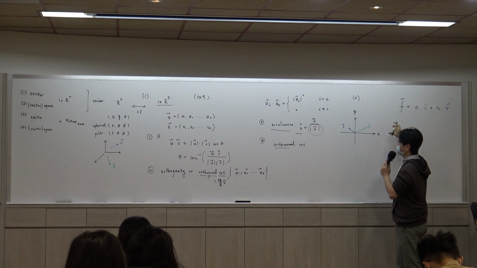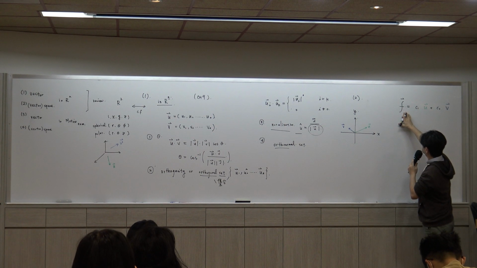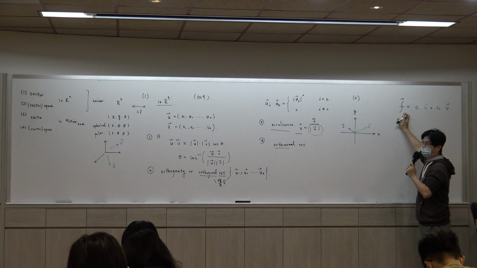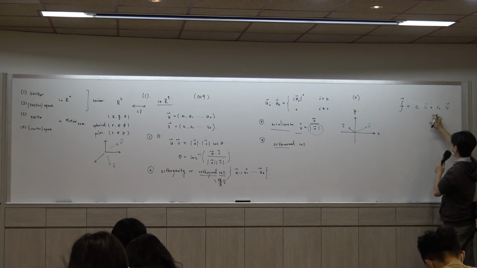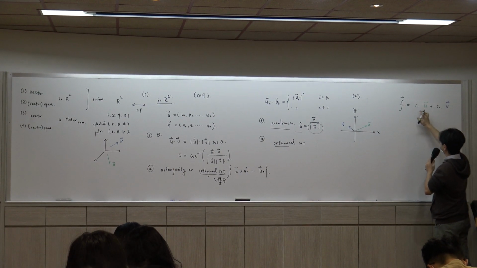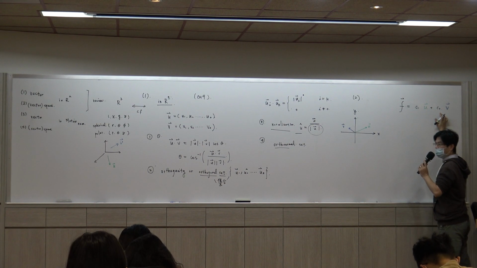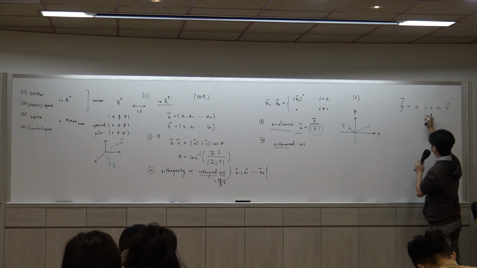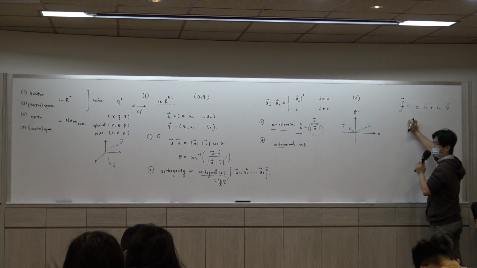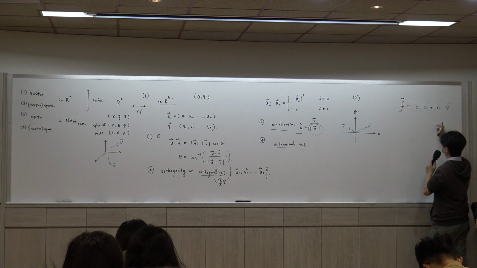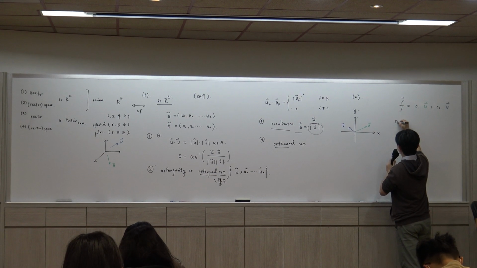So in any space, F could be defined with the linear combination of U and V. So c1, c2 could be any value. So we call this operation linear combination, right? So in space,